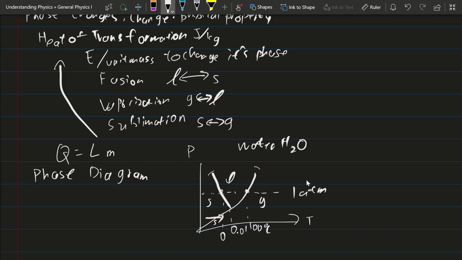And there is a point here, which you call the critical point. This critical point is where the distinction between liquid and gas doesn't truly exist. You could have a liquid that behaves more like a gas, or a gas that behaves more like a liquid. So this is where the boundary between liquid and gas disappears. And this might be useful for you to understand when you are discussing a little bit